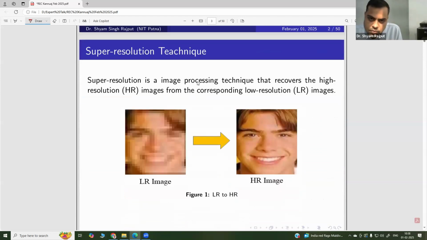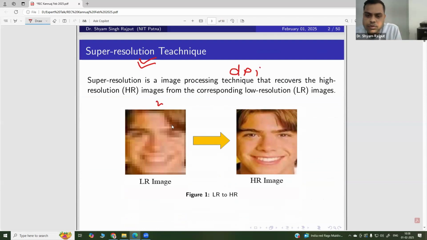Before discussing what is super resolution, let's first understand the meaning of resolution. What is resolution? Resolution is nothing but the DPI, dots per inch, or in simple words, you can say that this is the density of pixels per unit area. As you can see from this example,